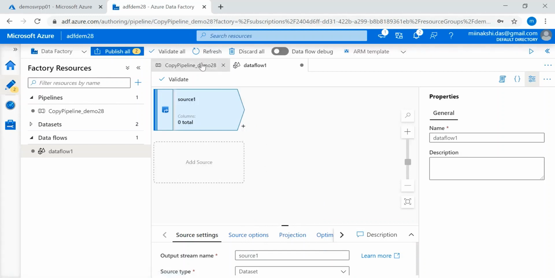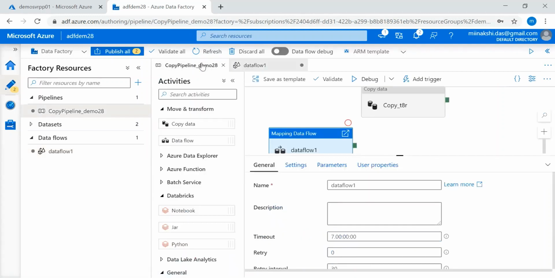Once our pipeline is designed and ready, the next step is validate all. If we click on validate, it will start validating all the activities. If anywhere we forget to do any settings or map any data set, we can get this kind of error, and we can validate before executing the pipeline.